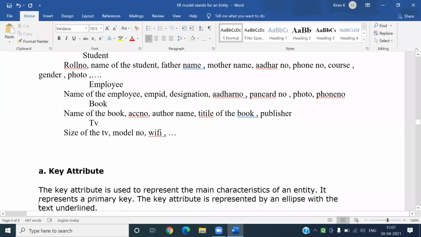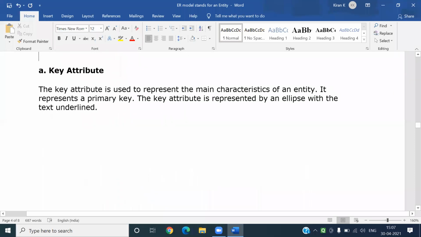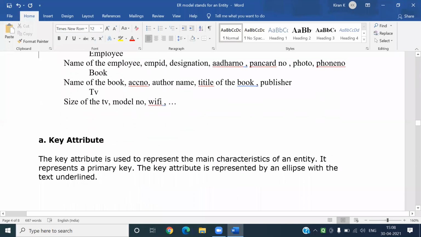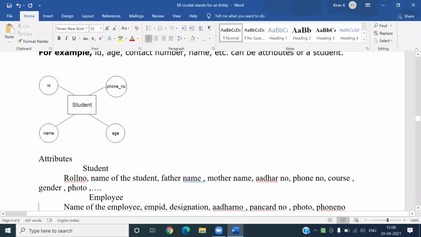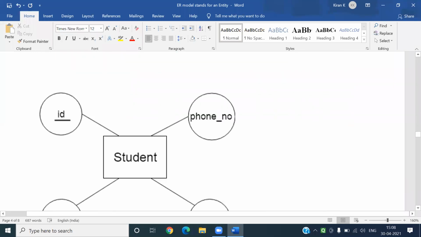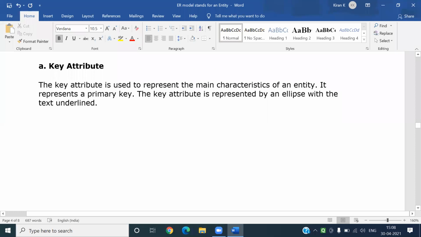Now, let us talk about what is called key attribute. Attributes are shown with an ellipse and entity is shown with a rectangle. What do you mean by key attribute? The key attribute is used to represent the main characteristic of an entity.